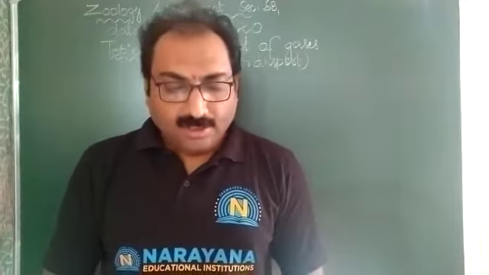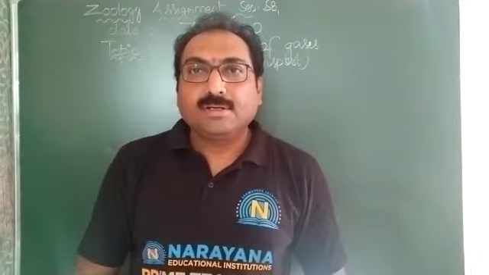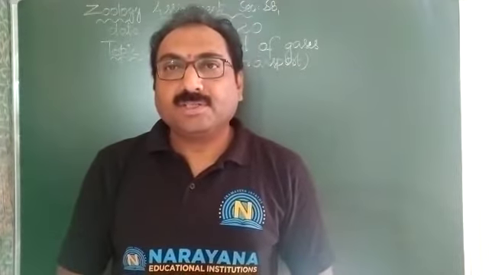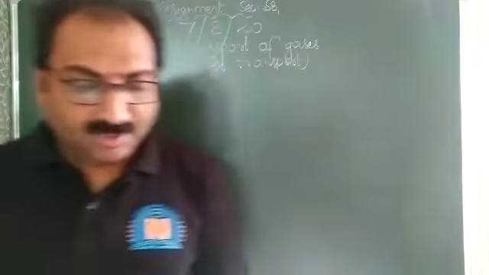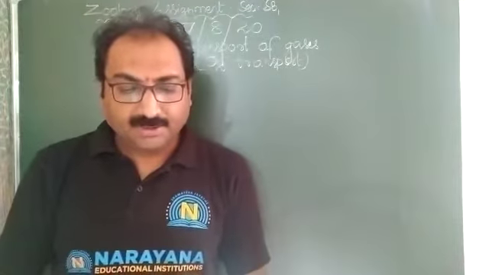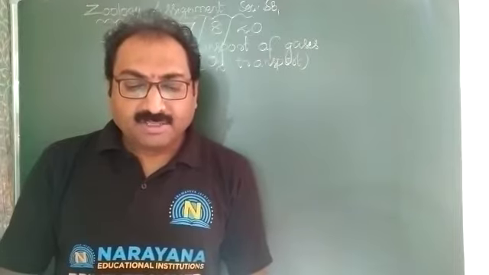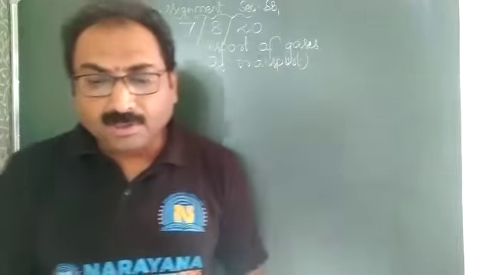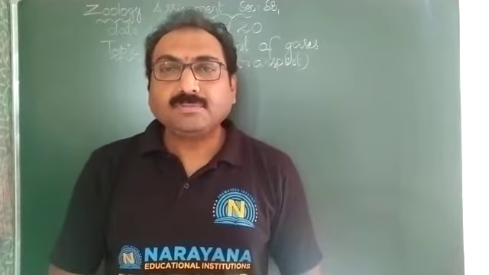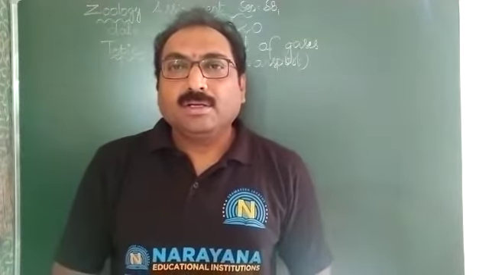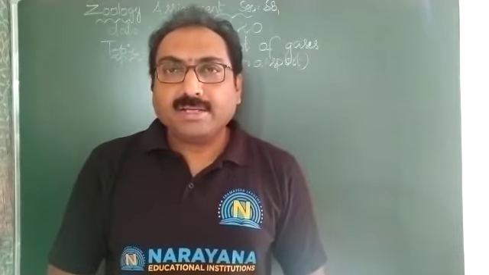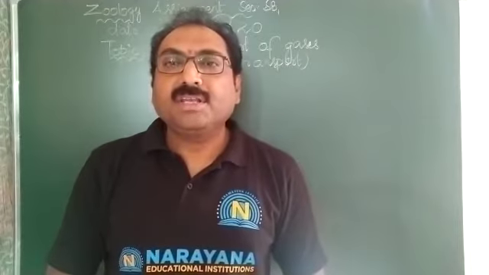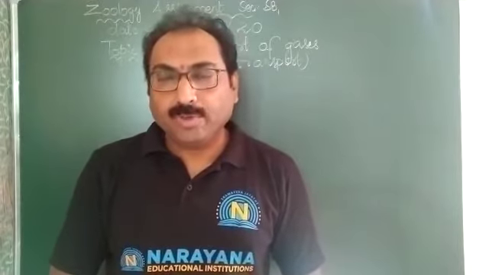Hi students. So today we are going to discuss some assignment bits on gas transport, in that particularly oxygen transport. Now the first bit: in the Bohr effect, the curve shifts to the right when... So we know the Bohr effect is related to an increase in the carbon dioxide and H plus ion concentration, leading to decreased affinity of oxyhemoglobin.